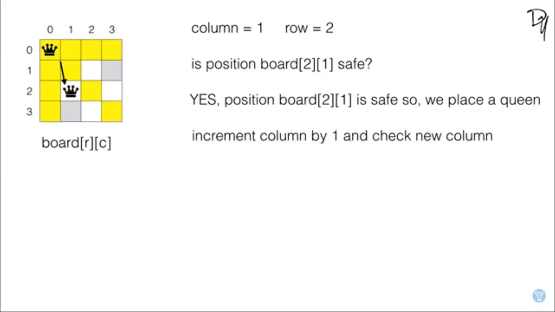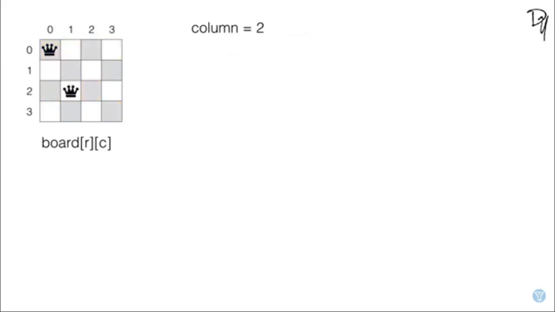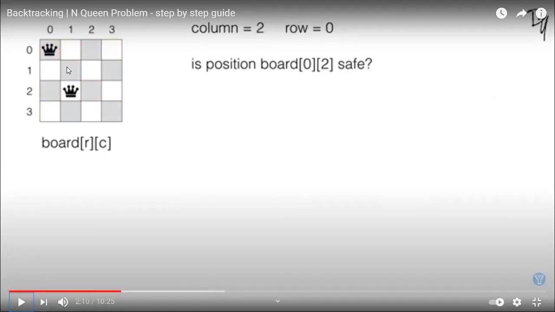At this place, queen 1 cannot attack. Then we got the second queen's safe position. Then we increment the column by 1. So this is the algorithm: once you get the final position for the queen, we increment the column by 1 and check all the rows.